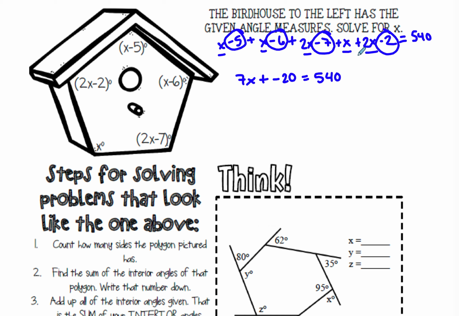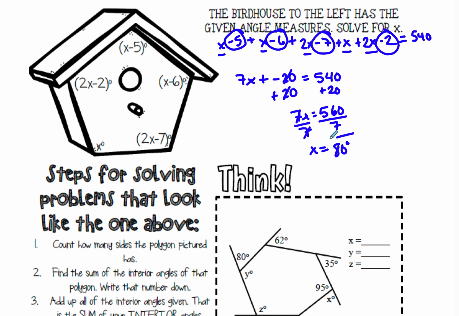So we took an equation that looked super duper long and combined like terms, and hopefully that seems a lot more manageable to you. I have a negative 20. I'm going to get rid of it by adding 20. Remember, in two-step equations, we always add or subtract first before we multiply or divide. So we have 7x equals 560. Now I'm going to divide both sides by 7. All right, so 560 divided by 7, and I get 80